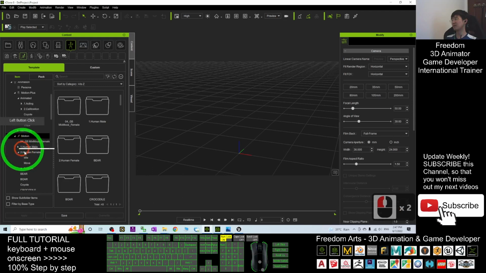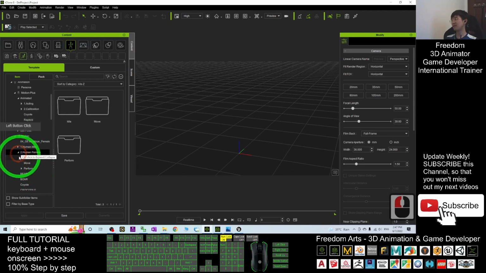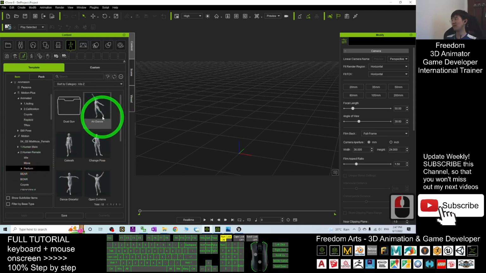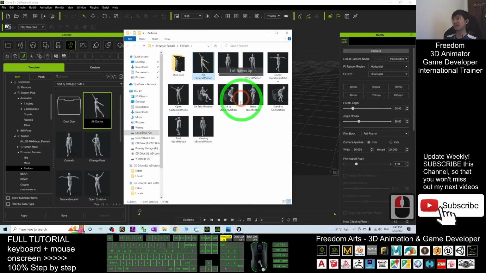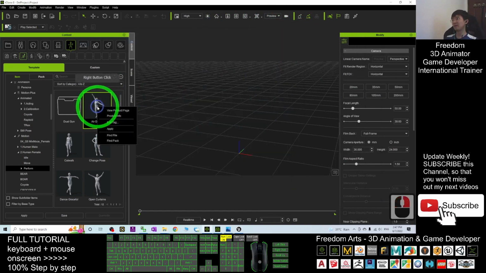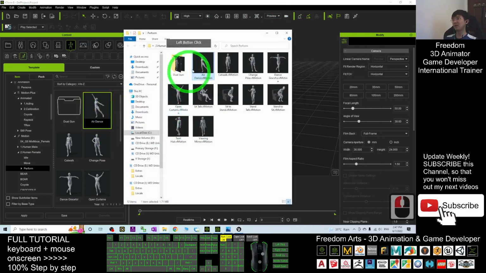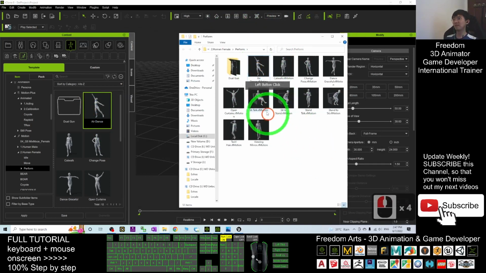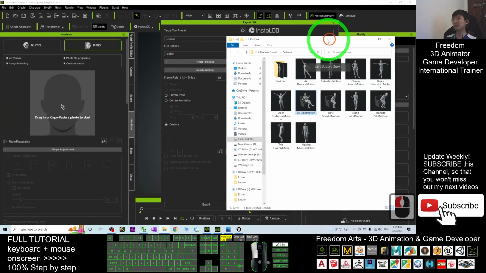Under the motions, you can see some of the motion files, for example, the perform and the add-ons. Right click it, find the file. Once you find the file, it is going to open in the file explorer. It is easier for you to see, for example, the sit talk. Let's say if I want to export the sit talk motions, what we are going to do is copy the